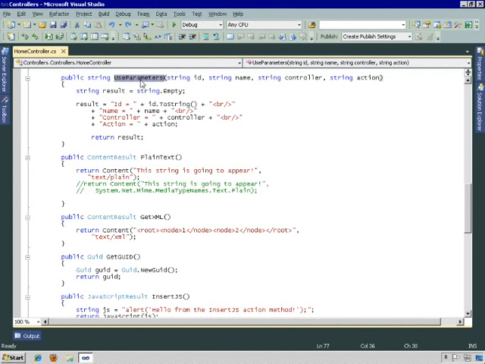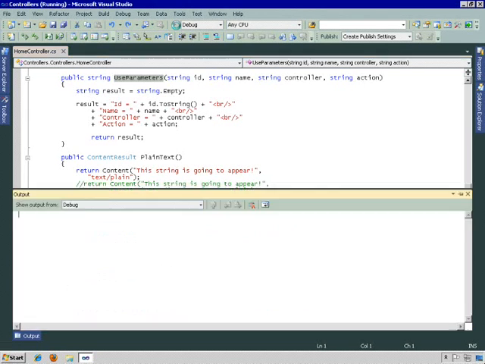Here's a useParameters action method that takes 4 parameters: an ID, name, controller, and action. Now notice that the code does nothing to populate the values of these parameters. It just directly uses them by concatenating together a string that will be presented to the user. That's the return value to the user. MVC is taking care of attempting to read these values from those various collections in the order that I talked about. I'll go ahead and run the application